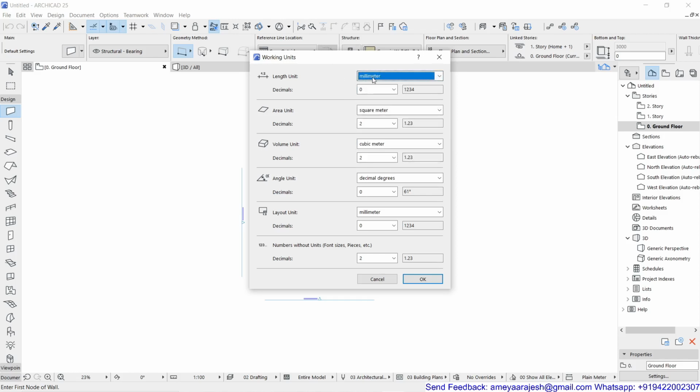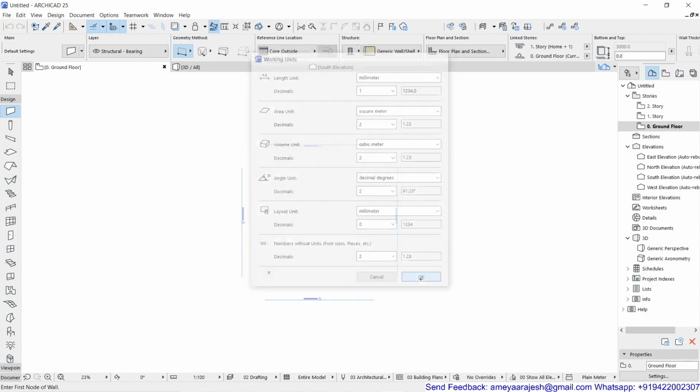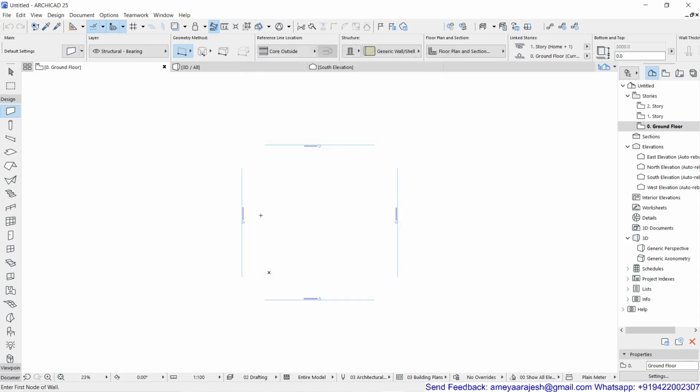So let's continue with the millimeter for a while. If you want, you can choose the accuracy level to one decimal, so in case you make any error, you can see it in terms of decimals. The rest of the things, I'm not going to change anything at present. At most, you can keep the angle degree at 2 decimals if you want to see the precision factor in your drafting for the directions, especially, or you can even keep it at 4 decimals also. Now I'll click OK for this. So my units are cross-checked.